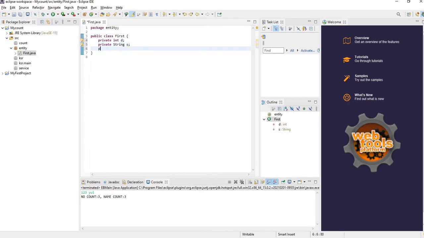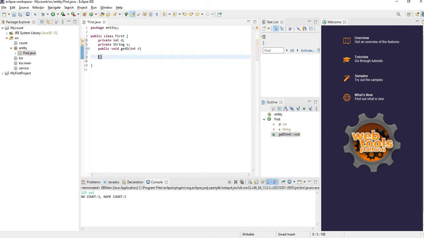So let us create the getter method. The getter method is public void, followed by the keyword get, and then the variable for which we are going to get the input. For the variable d we are going to get the input, so we give it in caps, getD. This is called the getter for the variable d. Inside that we give the data type int, followed by the same name d, that's not a problem. Now open brace, close brace.